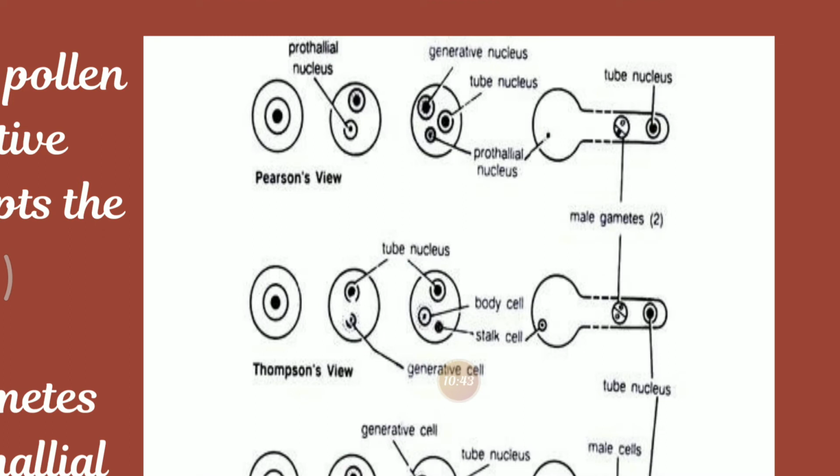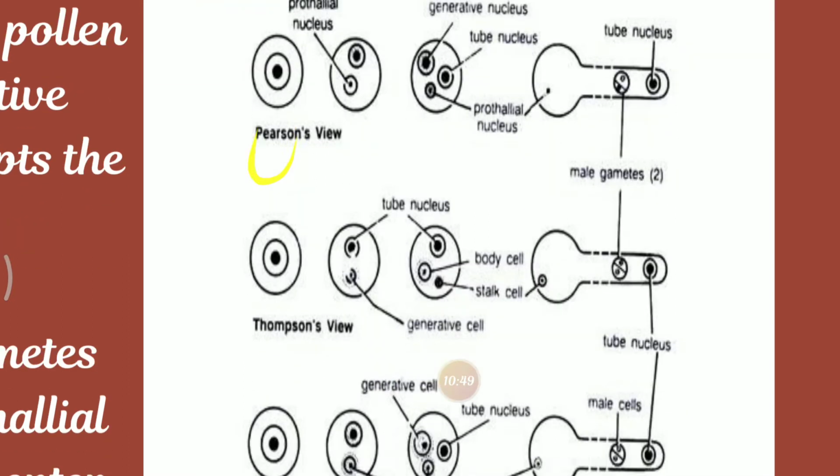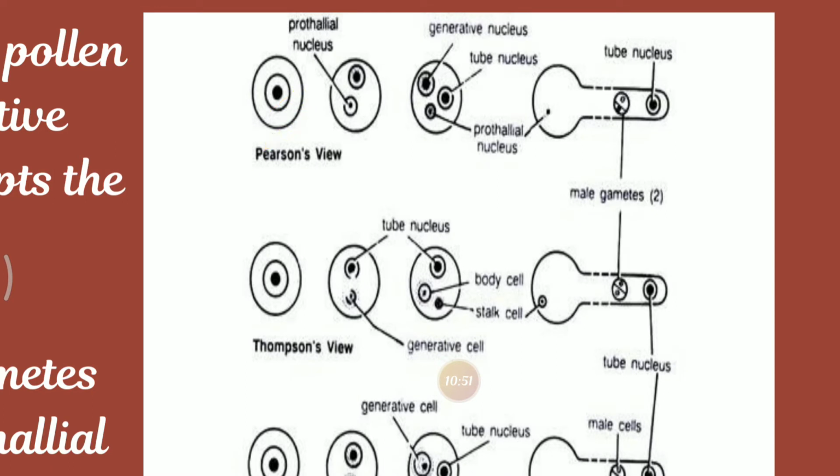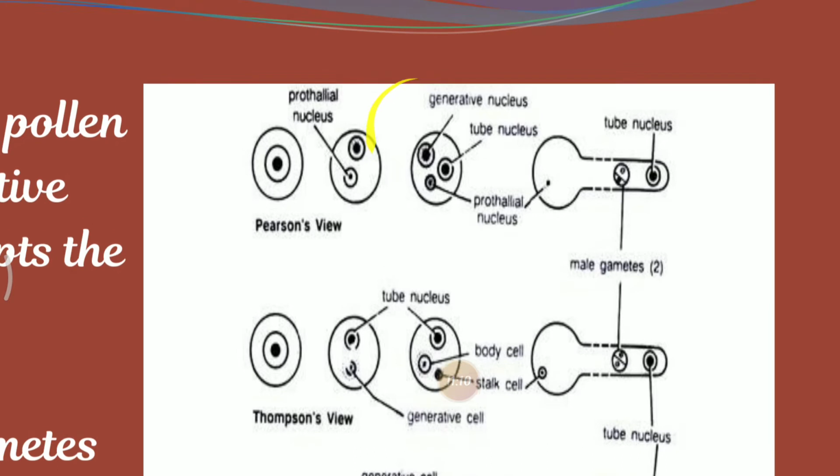Okay, so later what happens? The microspore is a haploid cell. It is spherical in shape. This is a microspore here, spherical in shape. It is bounded by two layers, namely exine and intine. As I told you all, the exine is the thick outer layer and it bears spiny outgrowths over its outer surface. The intine is the inner layer. It is thin and smooth. The spore contains a haploid nucleus and a dense cytoplasm.